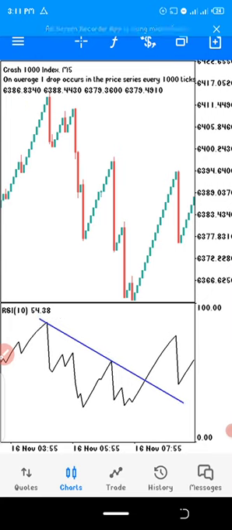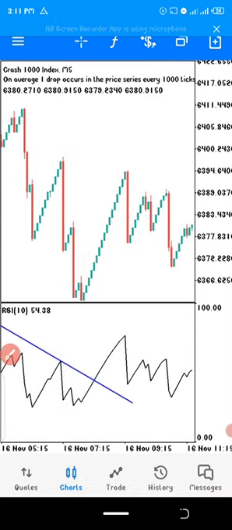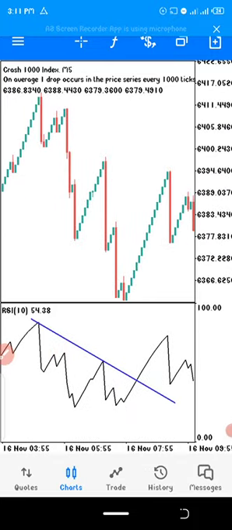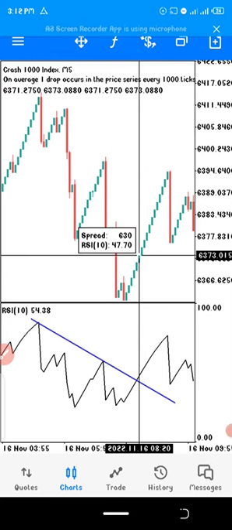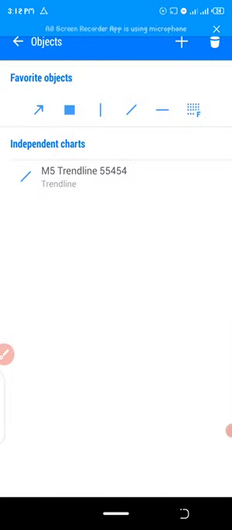The minimum is 2 touches, which is correct for this because I have the first touch and I have the second touch right here, and then my entry is going to be at the breakout level of the market. So where is the breakout level? Right here, this is the breakout level at 6373. Where is my stop loss going to be? My entry could be